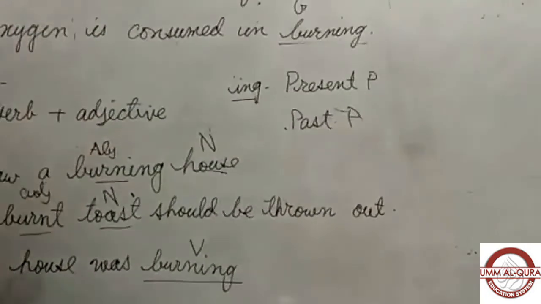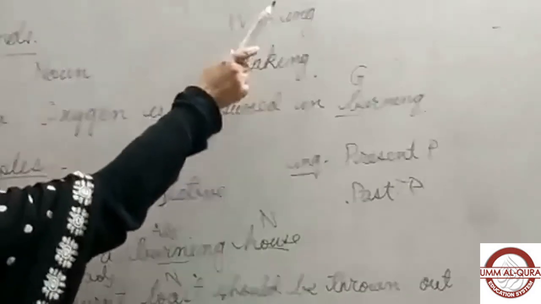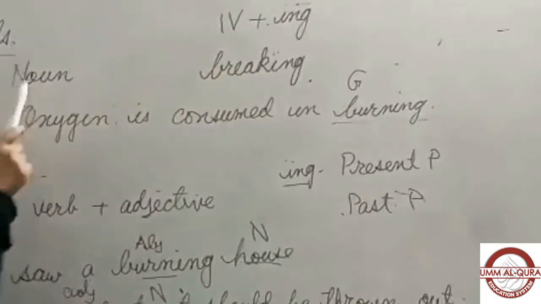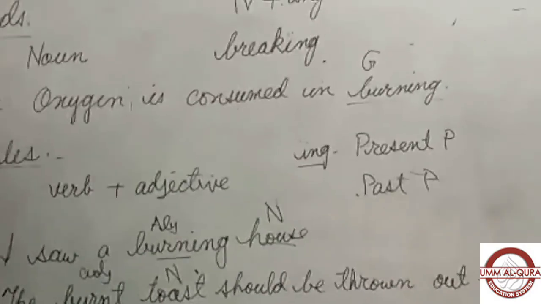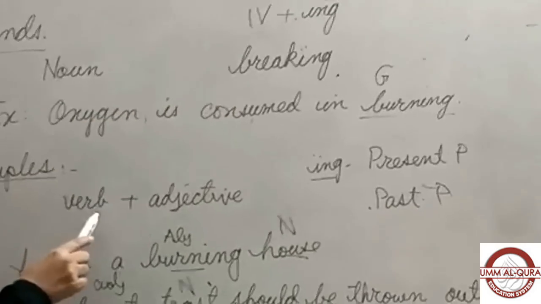So let's sum up all this. The first form of the verb with -ing, when it acts as a noun, we say it is a gerund. And when the first form of the verb with -ing acts as a verb,